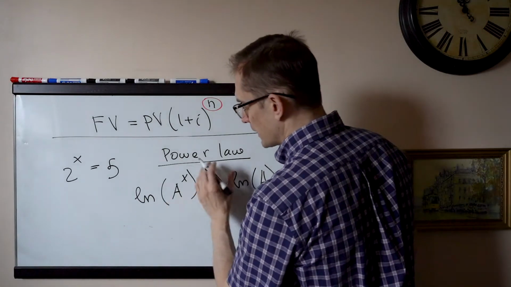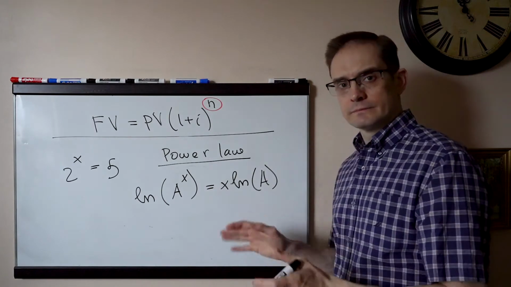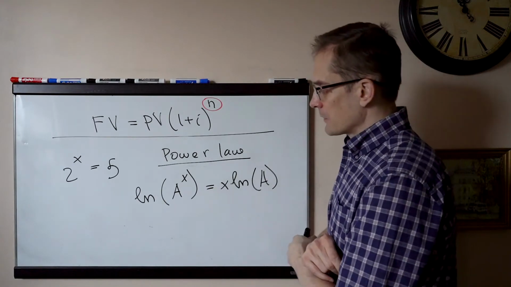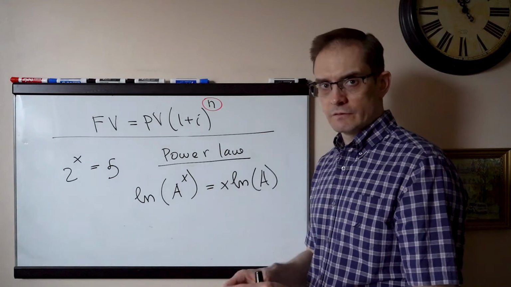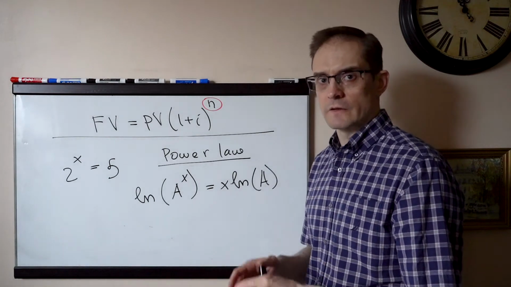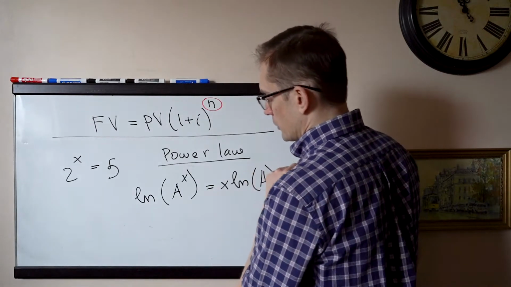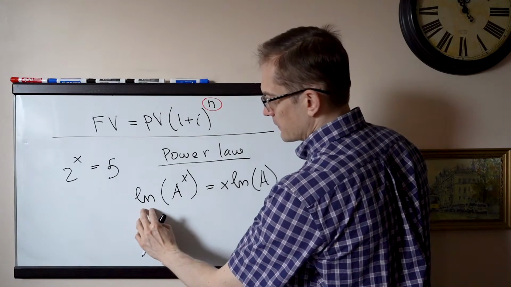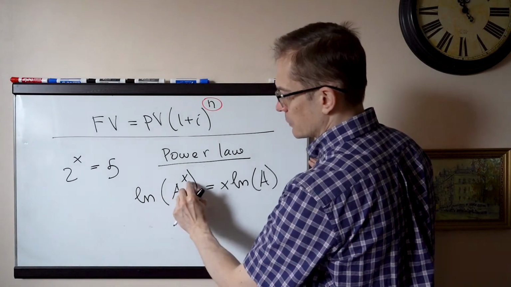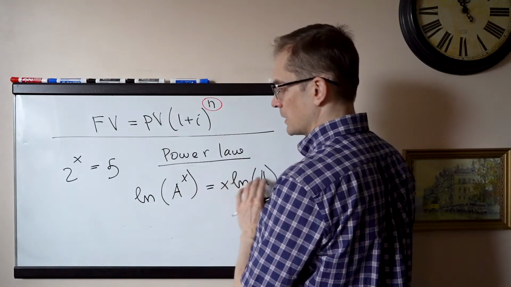In fact, the power law works not only for natural logarithm, but for any logarithm. The reason we will use natural log is because your calculator has a built-in function to calculate natural log. So logarithm has a very nice property that it converts exponent into multiplication. That's the power of this